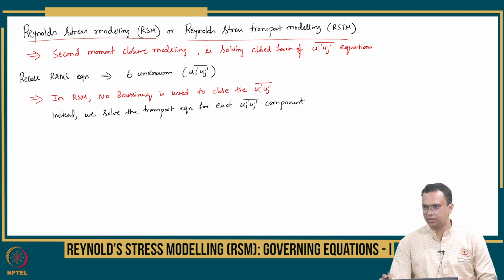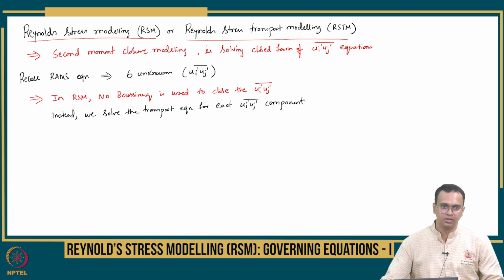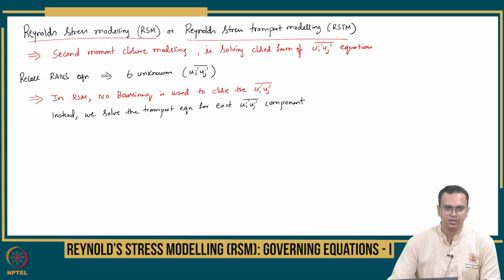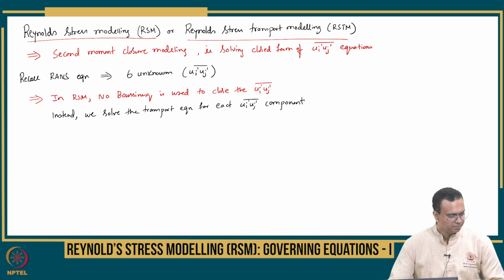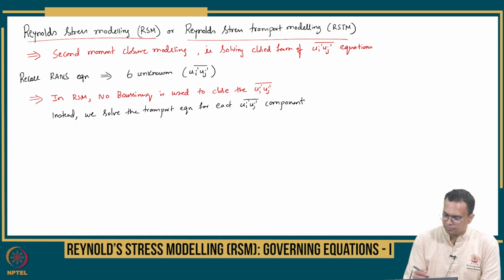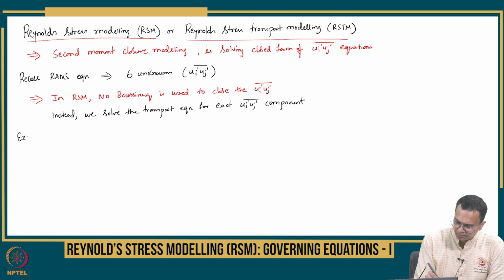But it requires modeling because this equation, you saw, has far too many unknowns, right? The Reynolds stress equation that we derived from first principles, if you recollect, the exact form of the equation,